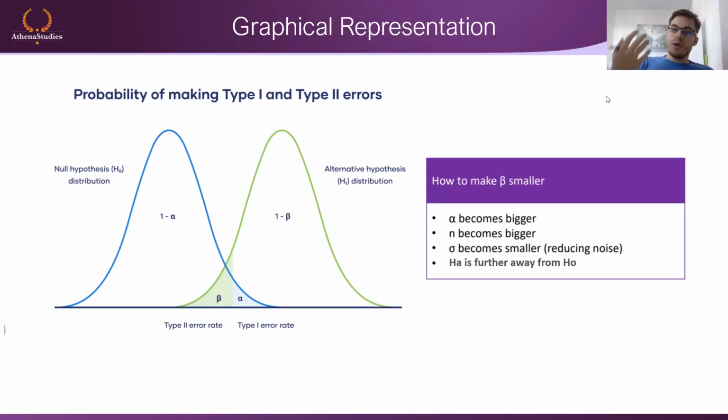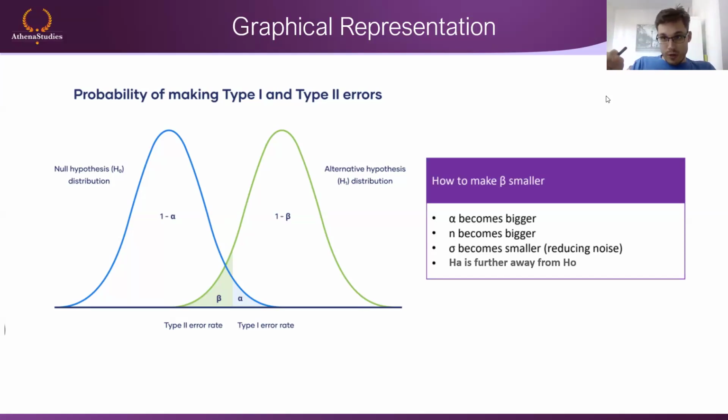And the fourth one is if we move HA further away from H0, then we can lower our type 2 errors. But also if we do that, if we move away our alternative hypothesis, that automatically makes it harder to prove, right? So we understand that it's harder to prove that your HA is bigger than 150,000 than that something is bigger than 120,000. If your mean is 100,000, it's much easier to prove that something is bigger than 120 than that it's bigger than 150 if your mean is 100, right?